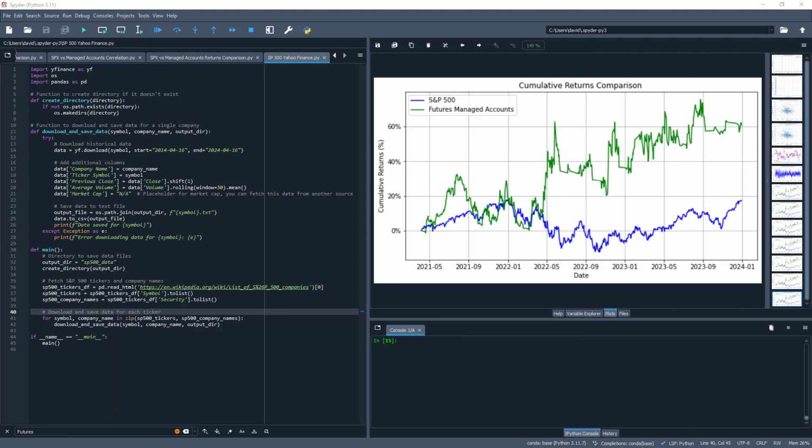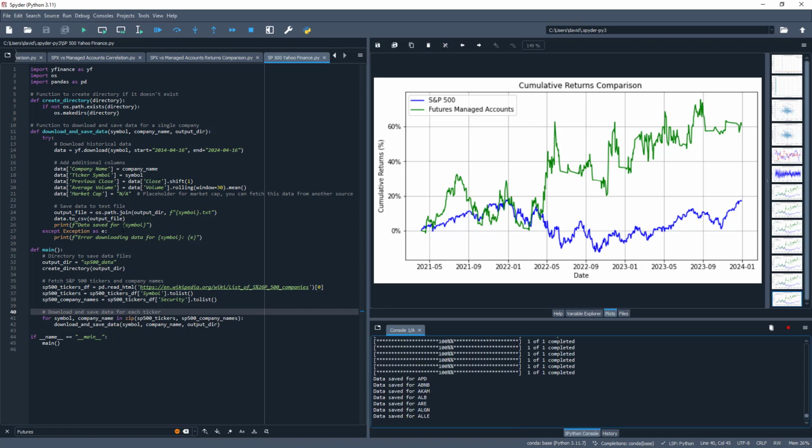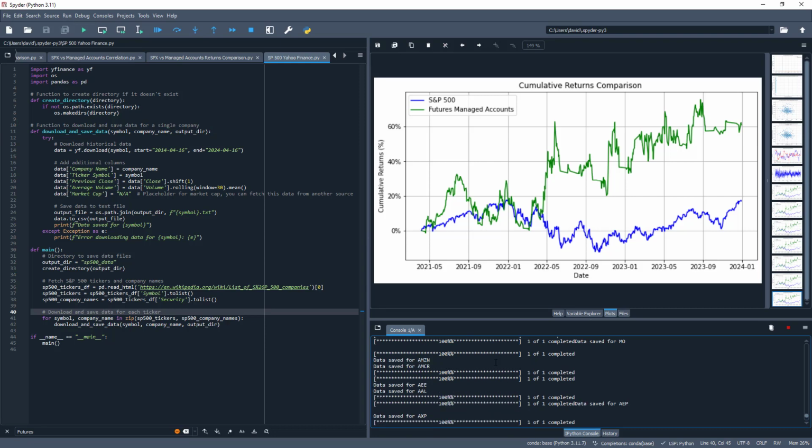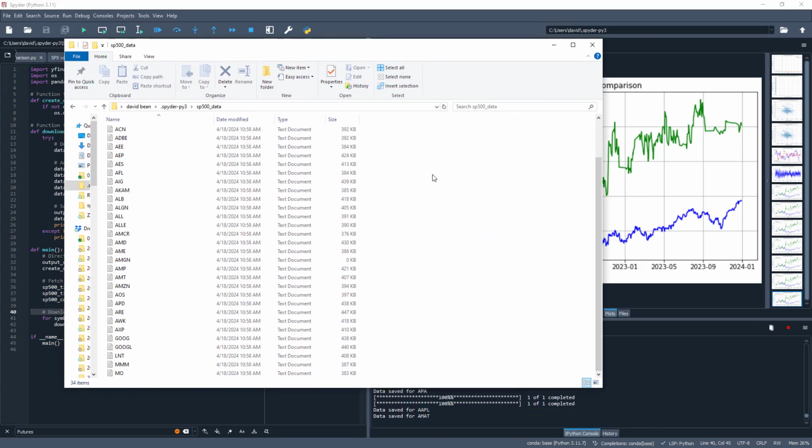You're going to see all 500 companies in the S&P 500, with historical data on the daily charts being downloaded and written directly from Yahoo Finance. Once I push the play button, you can see the processes below, and you can see the files being added and written as we go through. At the end, once the script runs, you'll have all 500 S&P 500 companies going back to 2014,